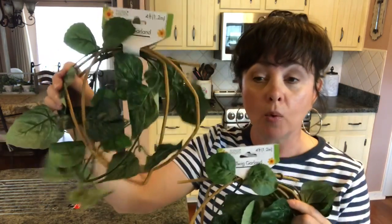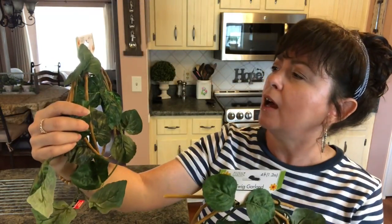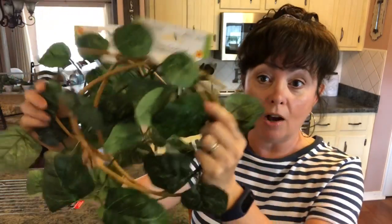Okay, then to embellish it and decorate our birdhouse, I think I'm going to be using this Dollar Tree garland. I hauled that the other day, and then maybe some candles that I already have. So the options are totally endless. So let me go ahead and flip the camera down and we'll get started on this beautiful Dollar Tree farmhouse